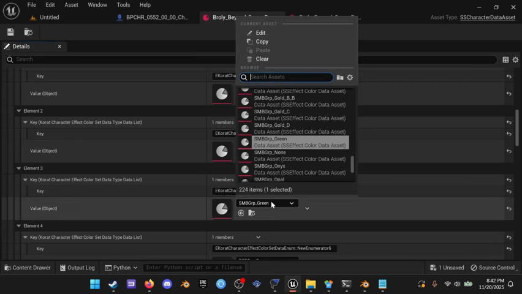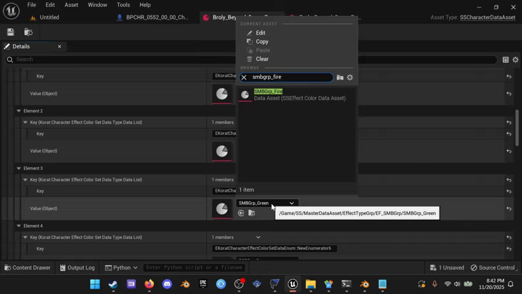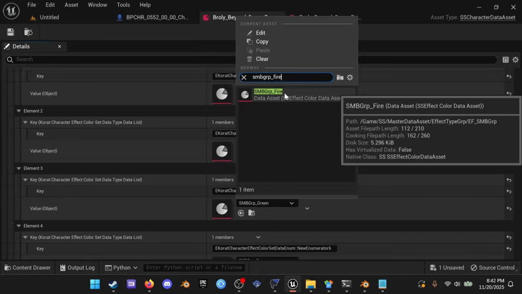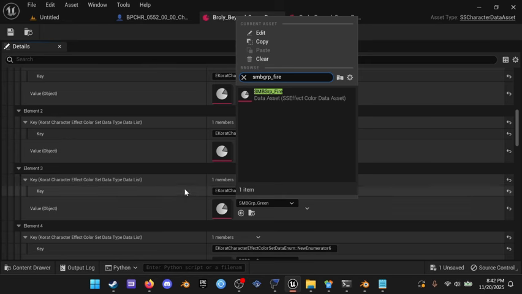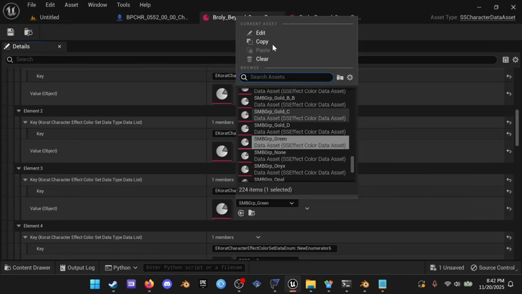So SMB, I know for a fact, can get SMB, GRP, cluster, and we can get clusters instead of just running off of regular greens. It's just different types of effects that you can add. And then I think you can add fire as well if you want that to be a key blast. I don't know what that would be. That would be 7. So it's either your key blast or your charge key blast, but 7 I believe is the charge key blast. But SMBGRP